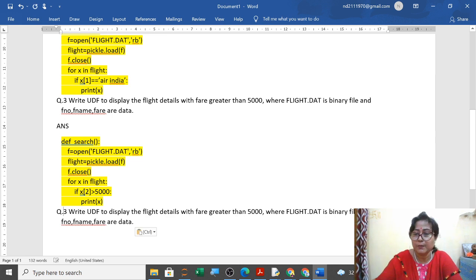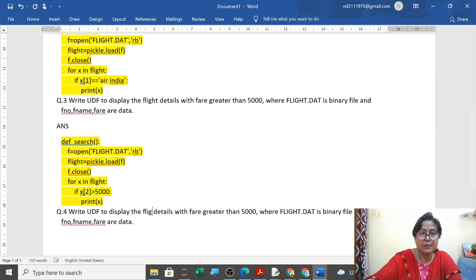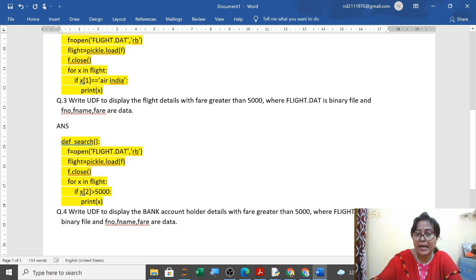Now the domain is, suppose, bank details. Display the bank account holder details with balance greater than this, where the dat file name will change, now bank, and the data will be accession number, then account holder name.